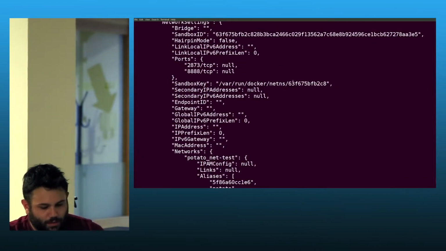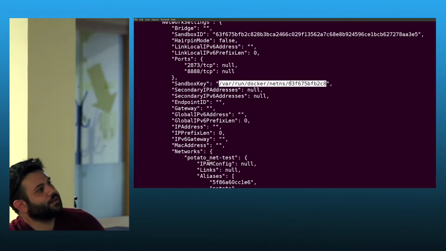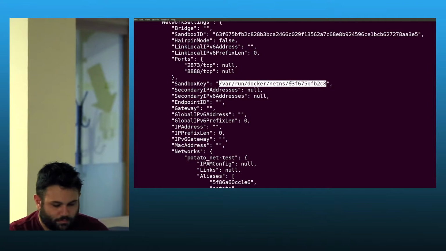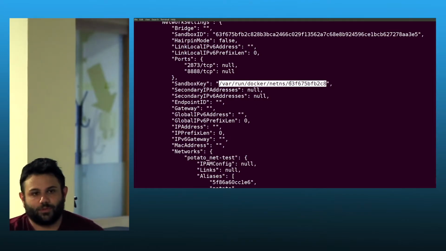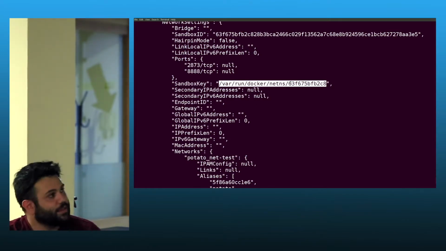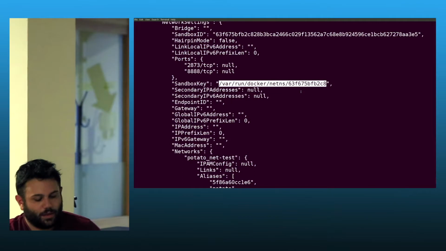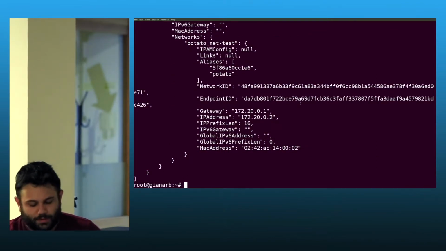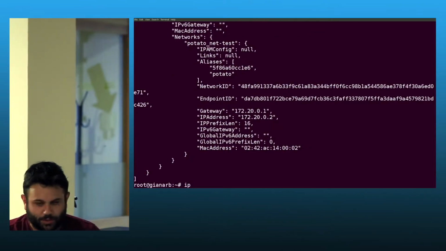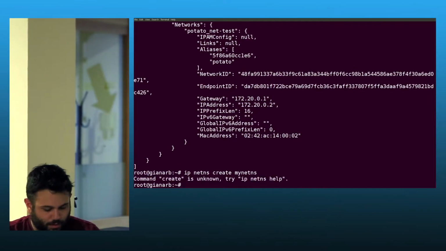As you can see, Docker, and it's the same also when it's managed by Kubernetes, creates a network namespace in its own directory. So since I was not using Docker for this demo, it just does this thing, ip netns add, sorry.